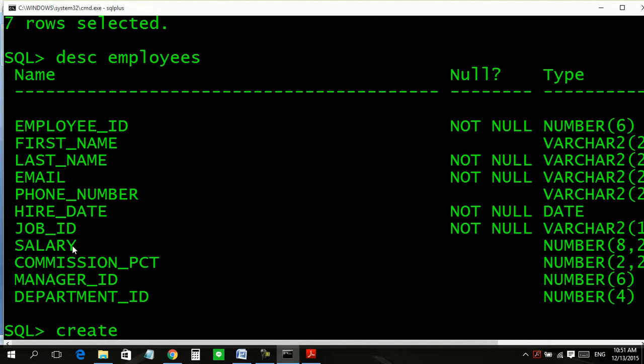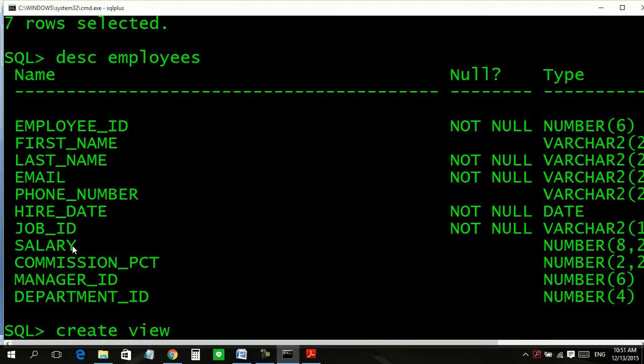Oracle uses a lot of views. Create view, and the name of the view is like a table. In fact, a view is a special type of table.